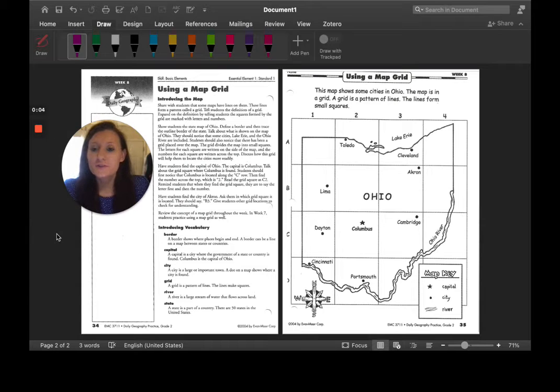Today for social studies, we are going to continue looking at using a map grid. As you probably remember, in our last social studies lesson, we started looking at map grids. If you remember the map grid that we looked at that involved the zoo, today we are now going to be looking at a map grid that has to do with a state. To start off our lesson today, we are going to be looking at a map of the state of